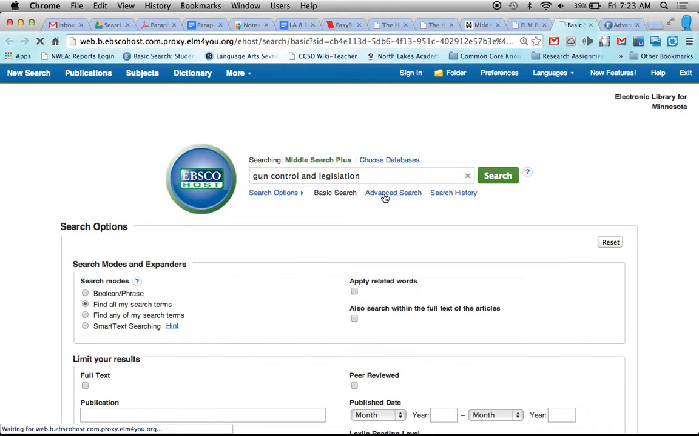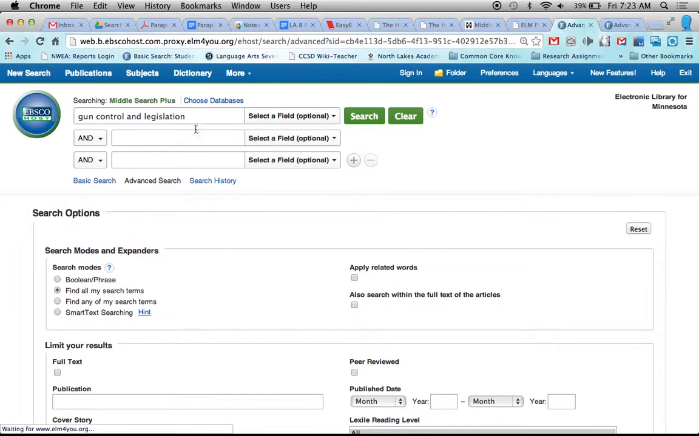But most databases have an advanced search option, which is really going to be helpful for you. And remember, phrase searching, if you have consecutive terms or more than one word in a term, go ahead and put quotes in. And then we have the Boolean feature too. So what you're going to do is tell your database all the information that you can think of to get the best results. So what I want to tell this database is I want anything that has the words gun control and legislation